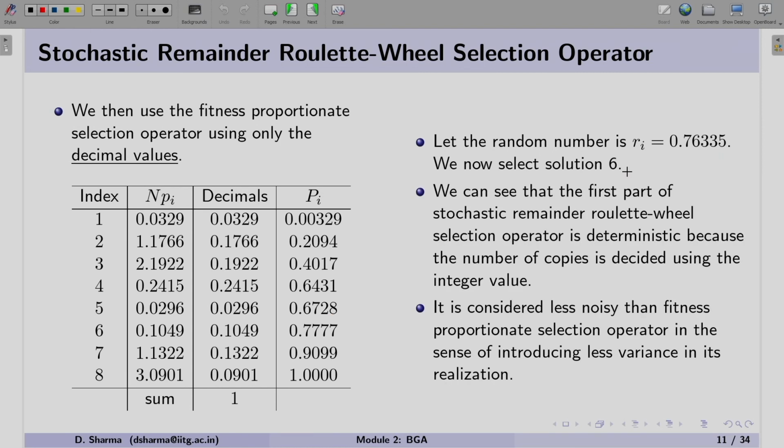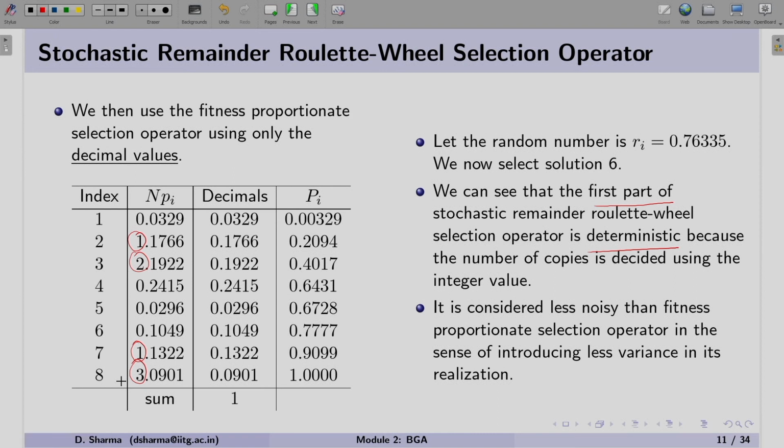Now when we are performing the stochastic remainder roulette wheel selection, you can realize that the first part of this operator is deterministic. It is because the numbers which we selected are based on the factor or the multiplication NP. Since the probability was high, this solution got 1 copy, 2 copies or 3 copies.